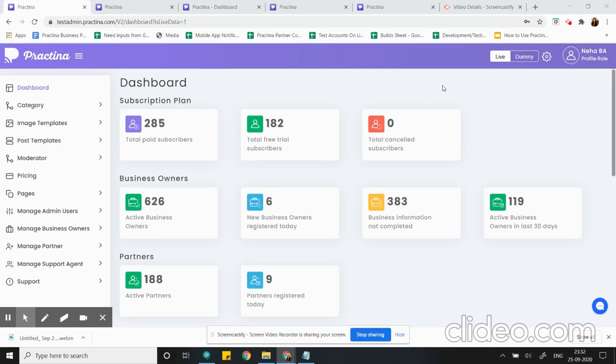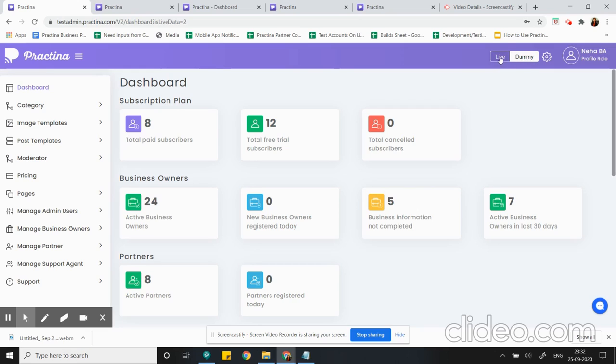Before we proceed, I would like to tell everyone that we have two filters for the data that we are showing on the Practina admin panel. One is live and another one is dummy. Whatever data is created after applying the dummy filter will be created as dummy data, be it any panel, any server.